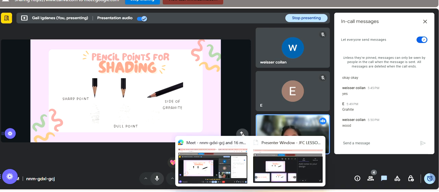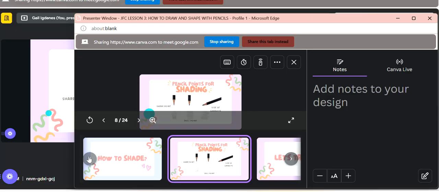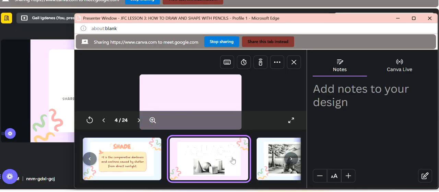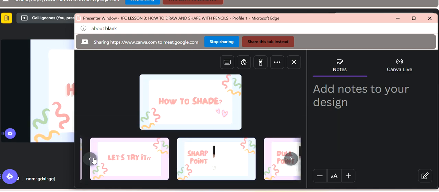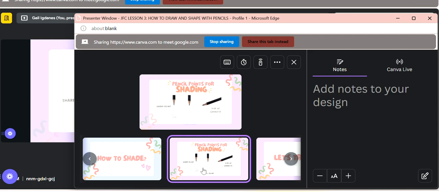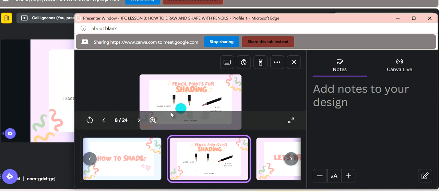For example, in this drawing, the sharp point is usually used on the edge, just to darken the outline of the drawing. With this one, the edges, the sharp point was used. While the dull point, as you can see, is lighter than this one, but it's thicker, sorry, thicker should be the term.